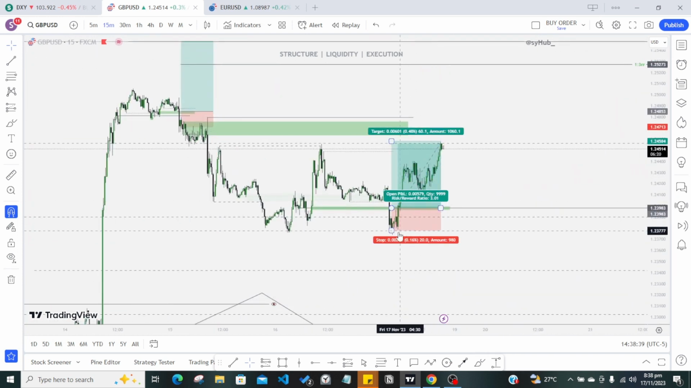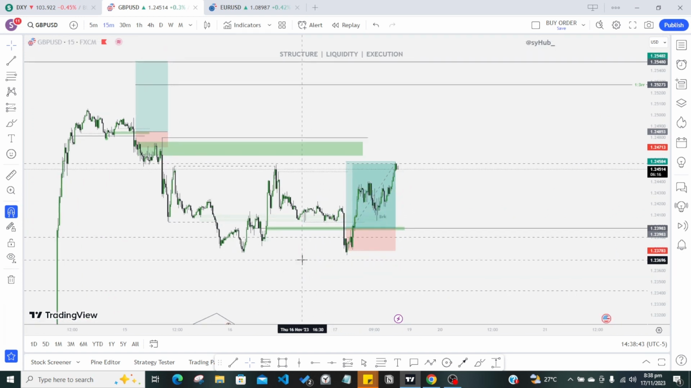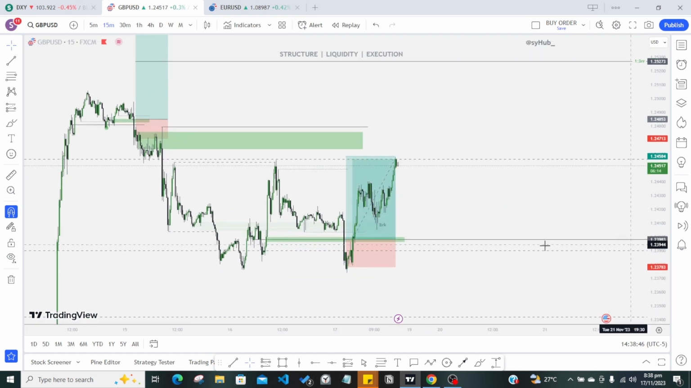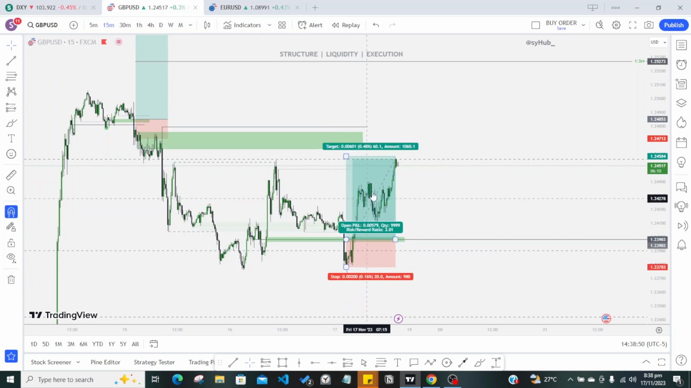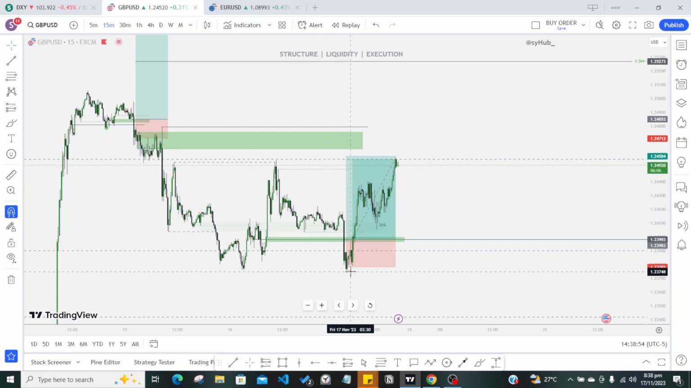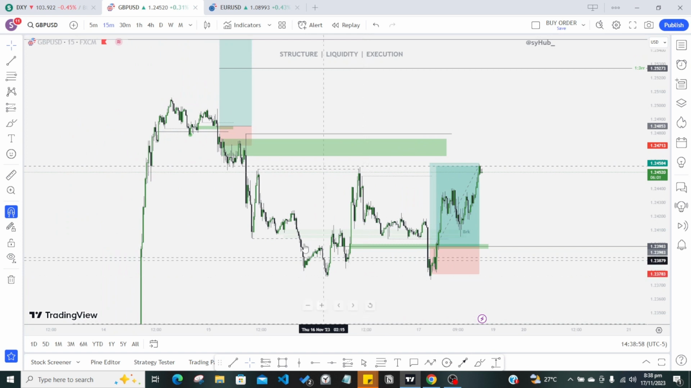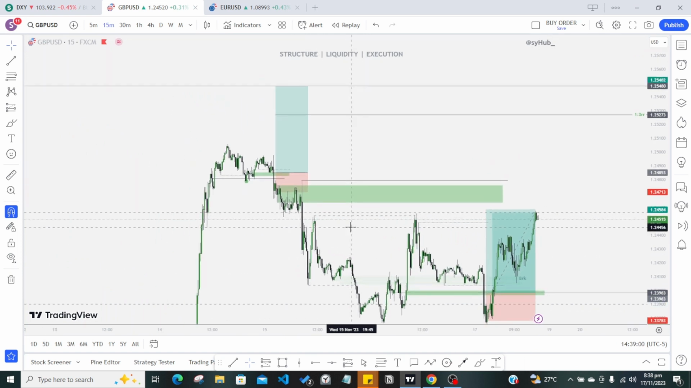So I had this trade here, on this Friday today. Price went to my stop loss by, let's say, 5 pips and retraced, ultimately reaching my target, but I got stopped out because I had the wrong stop loss placement on this trade. But before that, I had another trade on